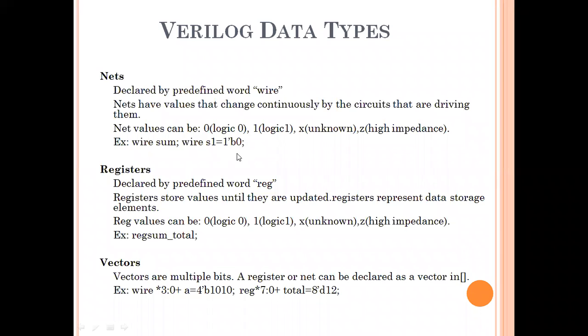The second data type is the register. The major difference between the net and register, which are the most commonly used in Verilog, is that net is used whenever the value is continuously changed, and the register data type is used whenever we have to store any value, right? So in the case of memory, whenever we have to design a digital memory circuit,